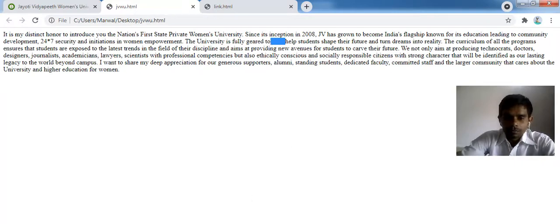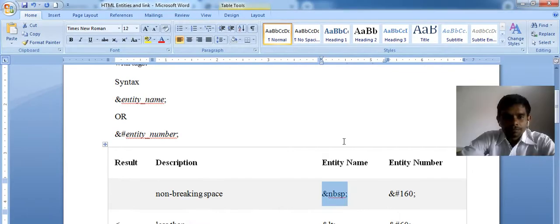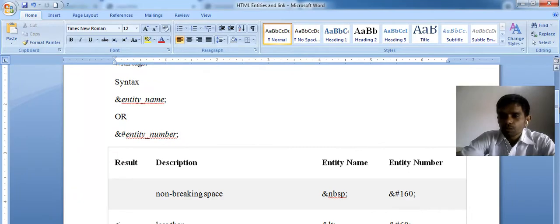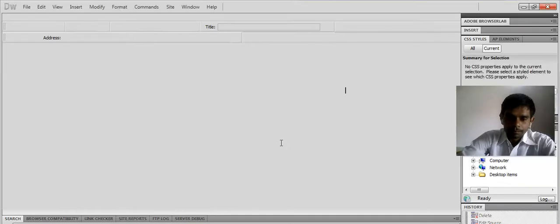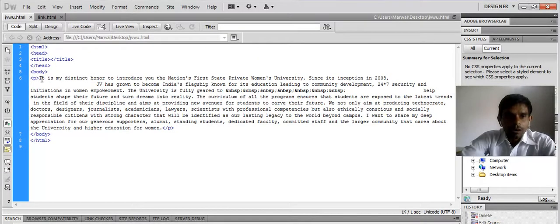Now another one: suppose I want to use the greater than and less than symbols. I want to start over here and end here. Then how do I use them?